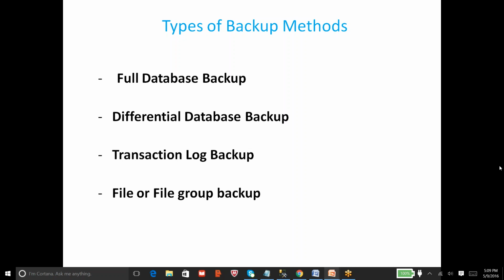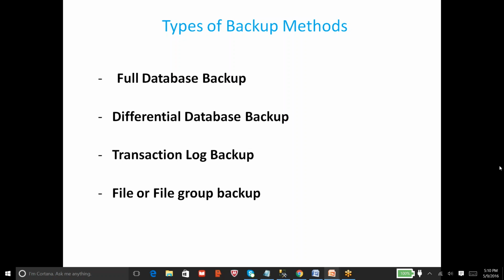So differential backup is something that holds the information or the changes that happened in your database since the last full backup. Once you take a full backup, then onwards, the changes that happen on your database, the page information, the pages that were changed, will be written in your DCM page inside the database. DCM indicates differential changed map.